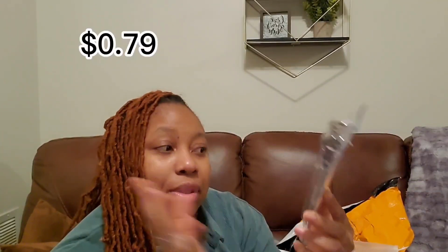I don't know why this came open. I didn't open it, so I'm kind of curious, but hey, it's open. But it was really cheap. It's a stainless steel food peeler. Of course they have them in other materials that I've seen, but I decided to get this one